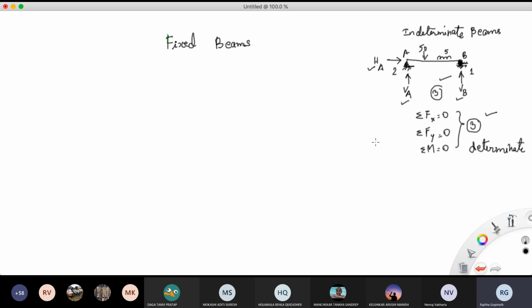The moment this becomes indeterminate is when you have the same loading system, but instead you have a fixed end beam. ये वही loading system है, this is same length and all that. There are fixed end beams. यहाँ पे hinge और roller के जगह पे यहाँ पे fixed end हो गया है. Now can somebody tell me, a fixed end में कितने reactions होते हैं? 3, right? What are those?